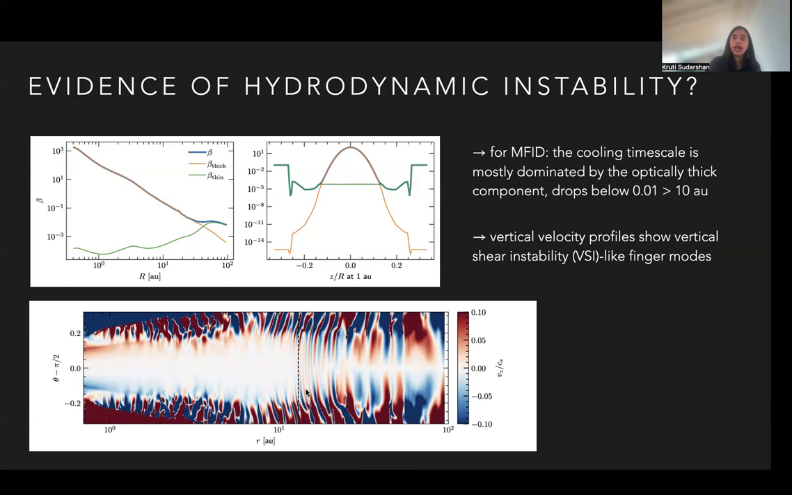But of course, we don't have the resolution to capture the proper saturated state of the VSI with these particular models. And because our models favor shadows in the more optically thicker cases, we would think that, of course, the cooling timescales are much longer, and hence they might not even be VSI active. But for our fiducial case, we do see evidence of these vertical velocity signatures very much akin to VSI-like finger